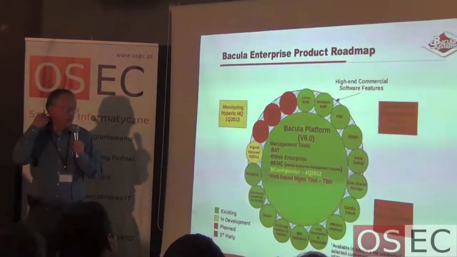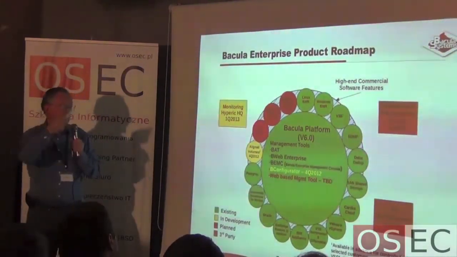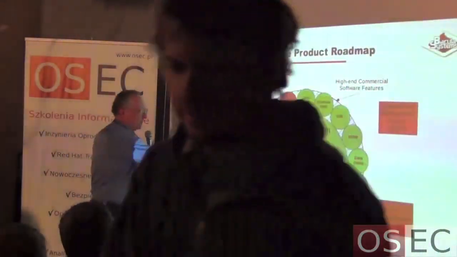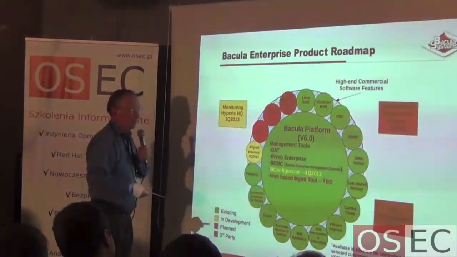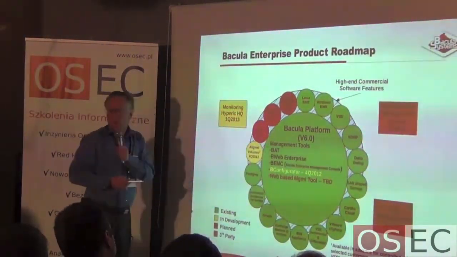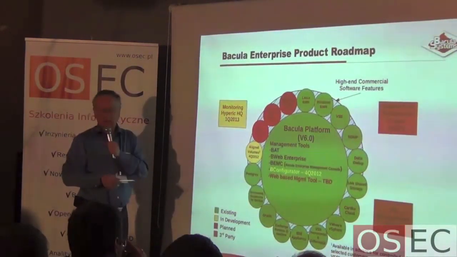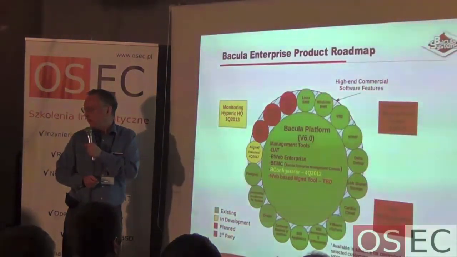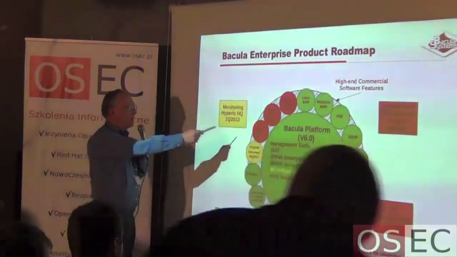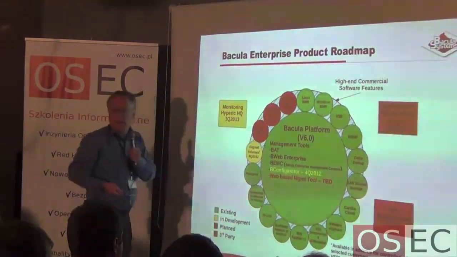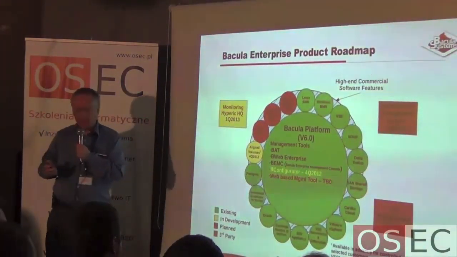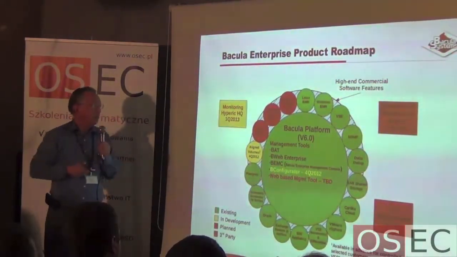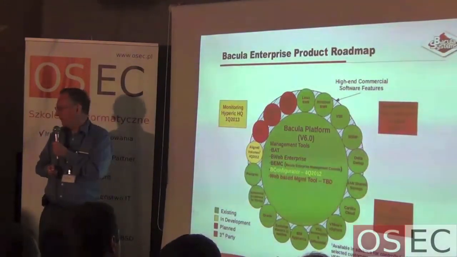At the beginning of 2012, I think there were only one or two of them that were actually implemented. The ones that are not currently implemented are in yellow if they're in process of being implemented, in green if they're already implemented in Bacula Systems, Bacula Enterprise, and red if they're planned for additional implementation that hasn't started yet, okay? In addition to all those things around Bacula, which one day will hopefully make it grow much larger than commercial software,